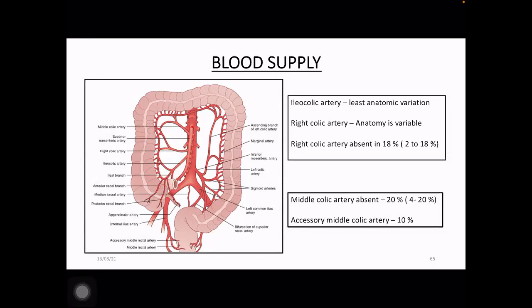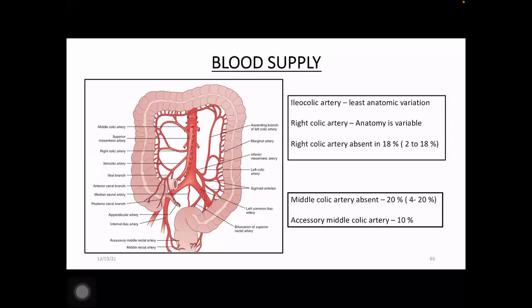So the SMA originates approximately at the level of L1 on the inferior border of the pancreas and gives the middle colic, right colic, and ileocolic arteries. And then the IMA originates at around L3, above the aortic bifurcation. It gives a left colic artery, which has an ascending and descending branch, a sigmoid branch, and finally the IMA continues as